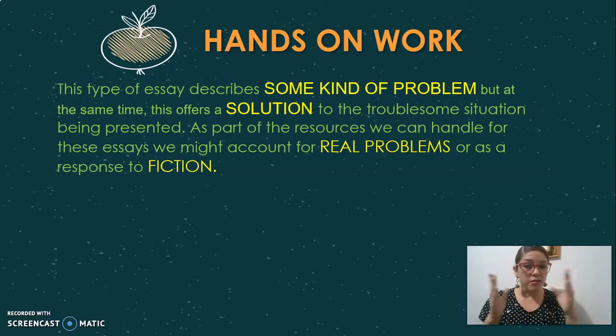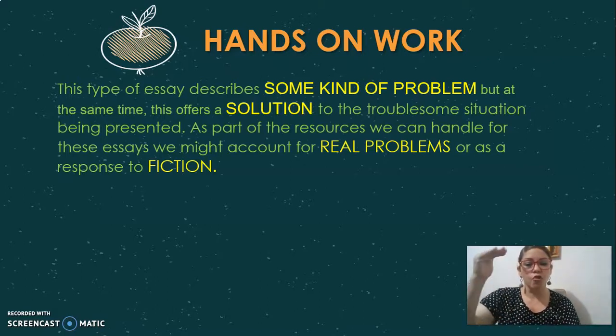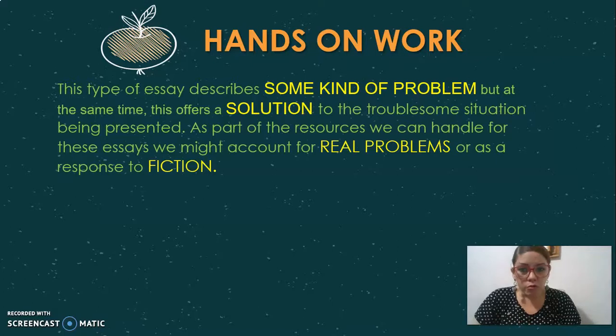Remember, in the world of essays, there are different variations in terms. This one is a problem-solving one because you offer the characterization of the problem. That is to say, you show the main features the problem states, but at the same time, you offer probable, tangible, plausible solutions to what is being stated as a problem, okay? To that troublesome situation being presented.